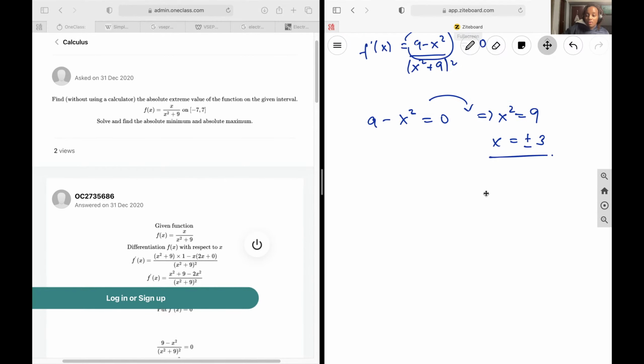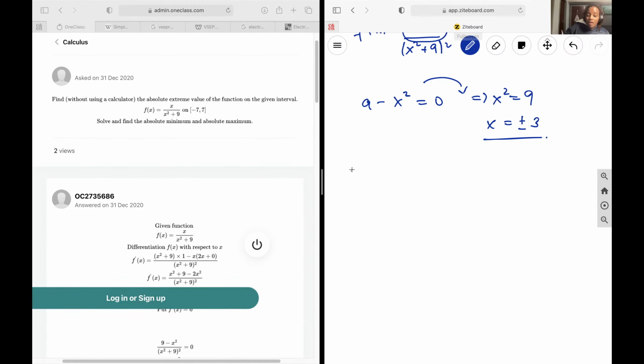Let's find out what our values of f prime of x before and after these points are. So if you just draw the number line really quick, we have -3 as a point, 0, and +3. And so you want to find out what the slope looks like in between here, before that point, and after that point. And so put in a value less than -3,